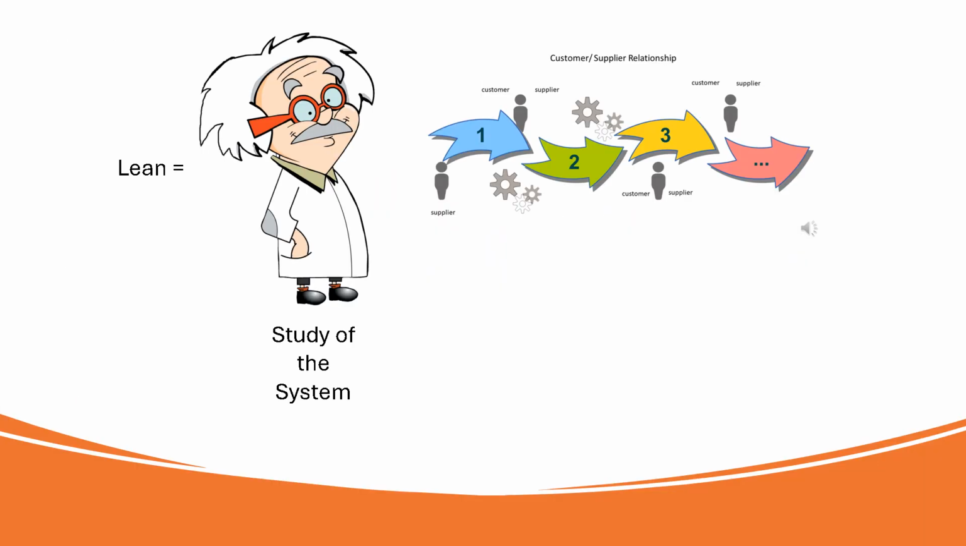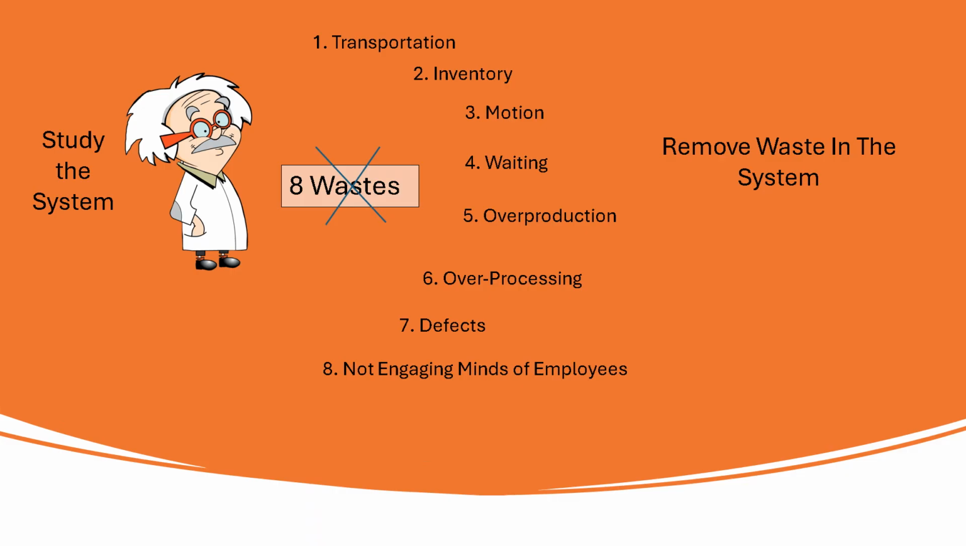So a little closer look at it. Lean's a study of a system, and this includes the ordering of parts to the receiving, assembling the parts, and shipping the final product to the customer. Another thing is to identify waste in the system. So you don't reduce cost just by cutting cost. There's a systematic way to do it in Lean, and that's